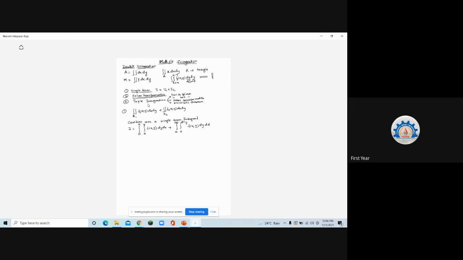So how are you going to do that? First of all, you have to draw the diagram. For such types of examples, it is more important to draw the diagram. Here, first, x limits are given. Can you see that, in both the cases? When the limits are in terms of y, that means they are the limits of x. Is that clear to everyone?